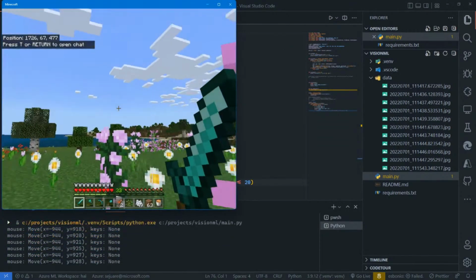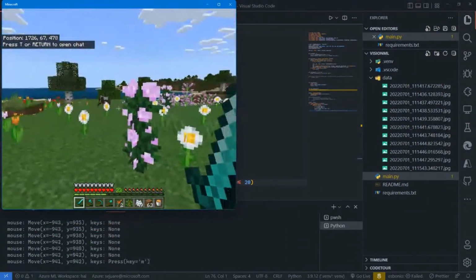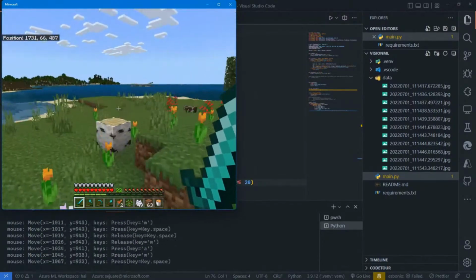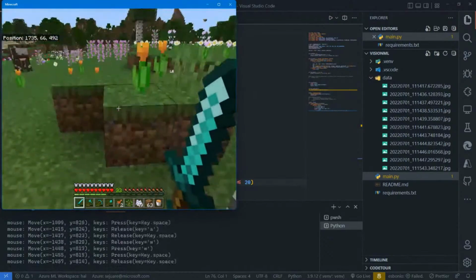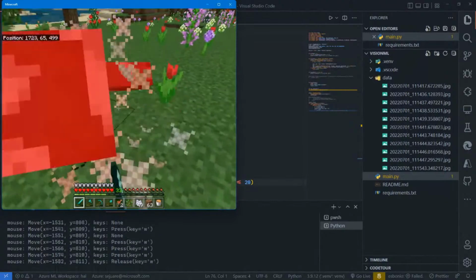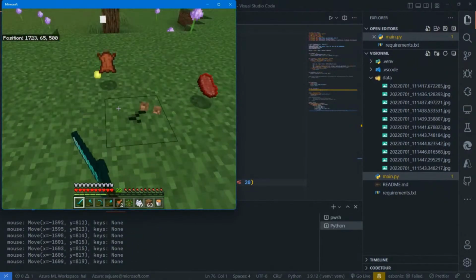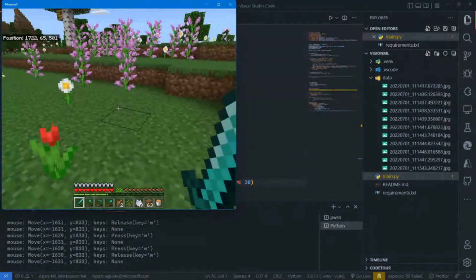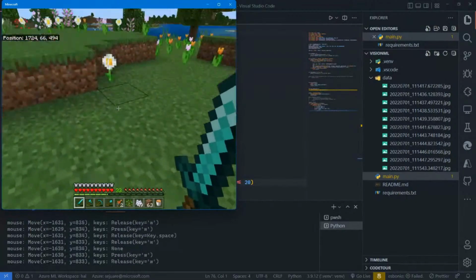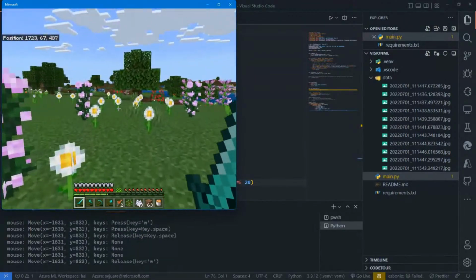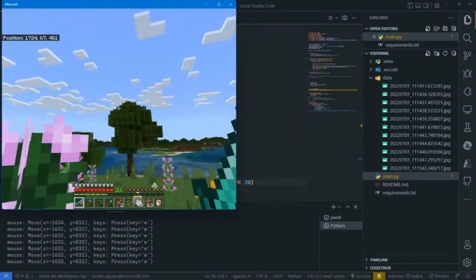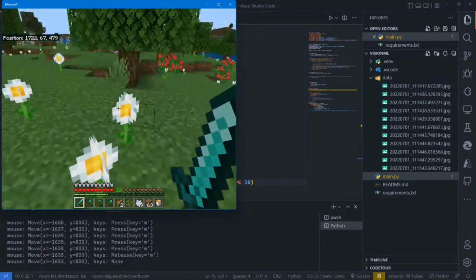Okay, cool. So notice that now I can get the keys. Do you see that? These are all the keys I'm pressing and what's going on. So if I go and swipe at this cow, you can see that it's all on there. It's pretty cool. I mean, sorry about swiping at the cow. This is not supposed to be a show of violence.